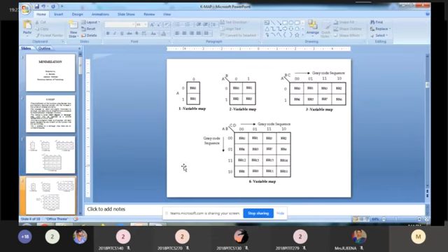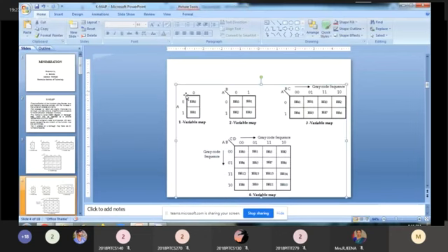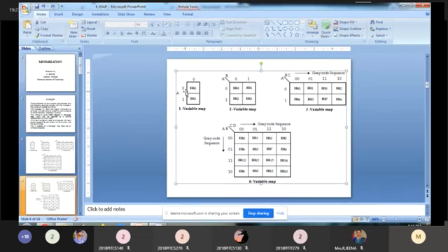Next is how to write the values in the K map. First one: if you are giving only one variable, there will be only one input. The input may be 0 or 1. If your input is 0, the value is M0. Input is 1 means the position is M1.